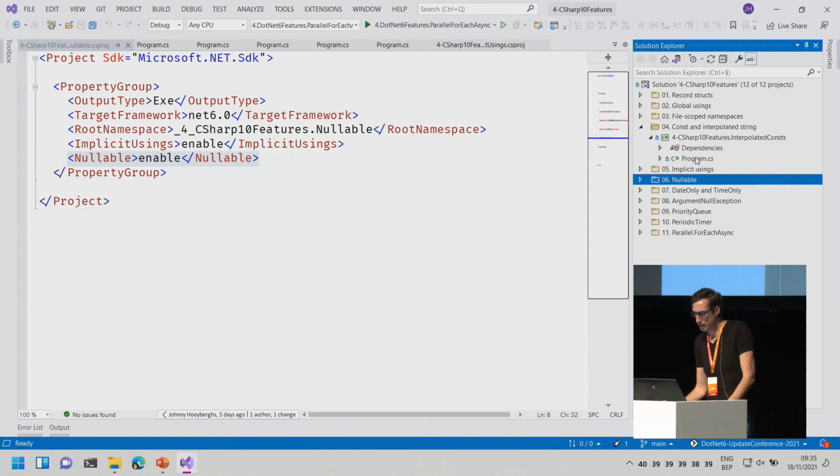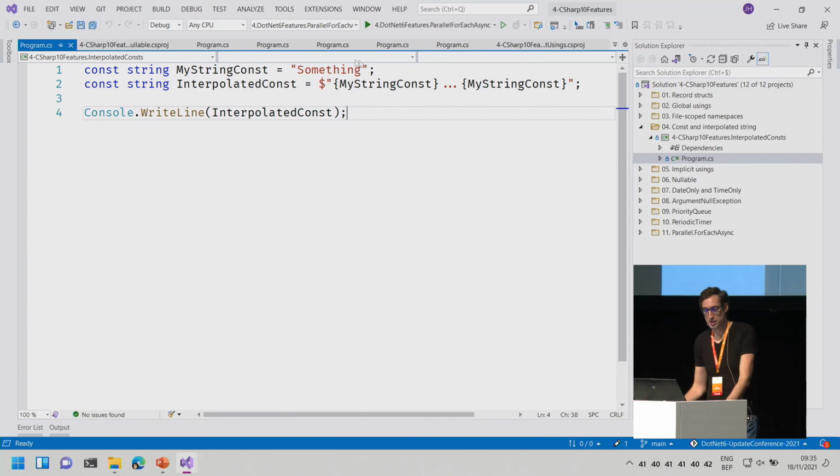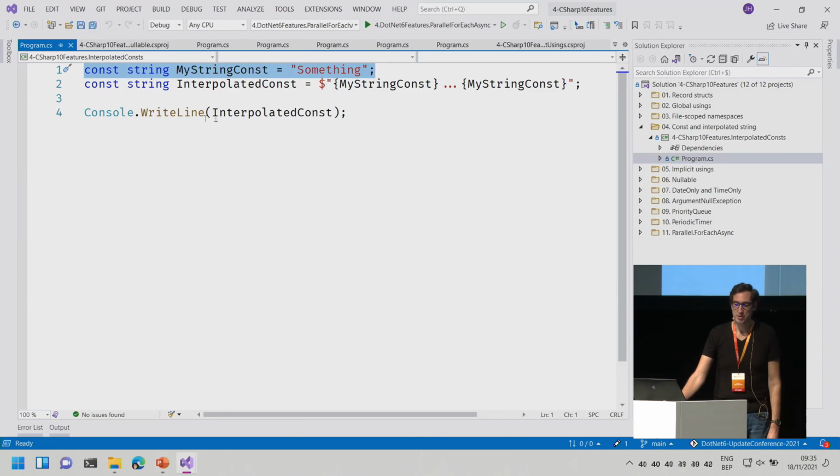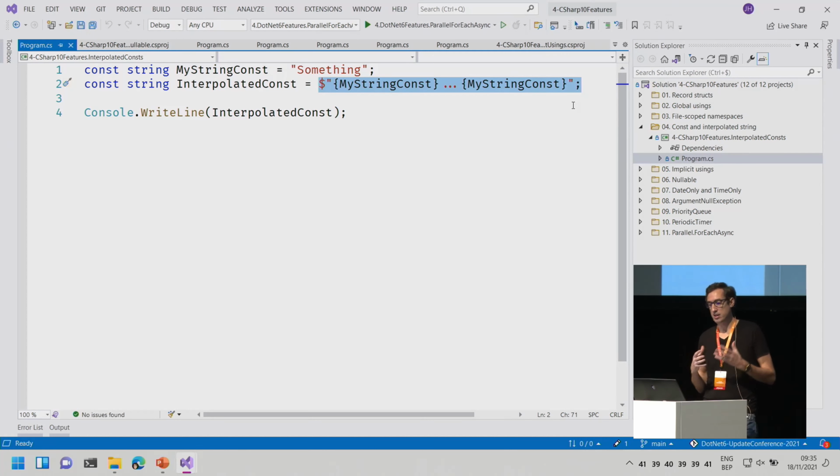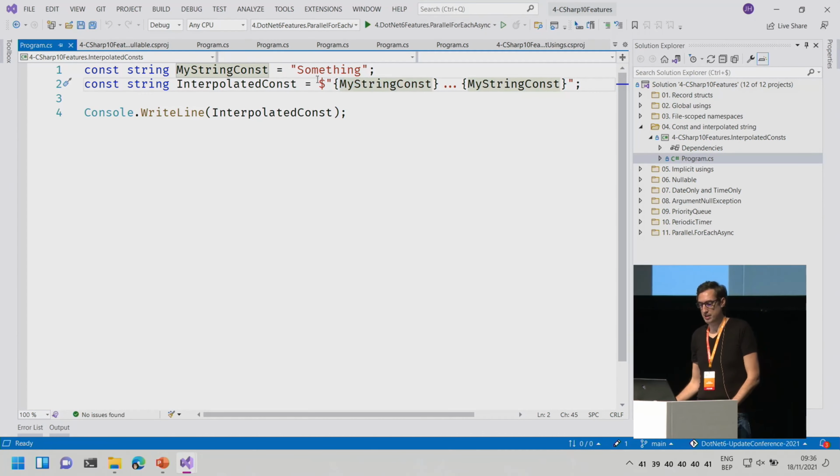Something new in C# 10 specifically is interpolated constants. This is something that's finally here, but beforehand you could not do something like this. You could not have an interpolated string that is building on top of other constants, because this is not constant, this is variable. The compiler didn't really like this, but of course we know as a developer that it's still constant. If those things here are constants by themselves, then this is constant as a whole. So today it's supported by the compiler. The compiler has become smart enough to know that this is constant, so now we can do stuff like this.